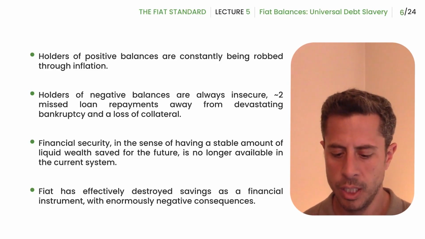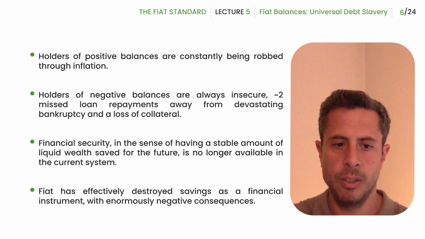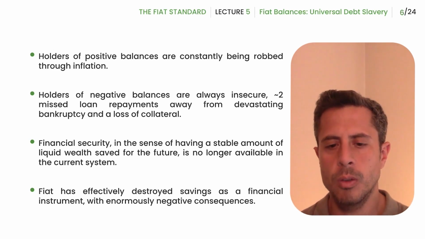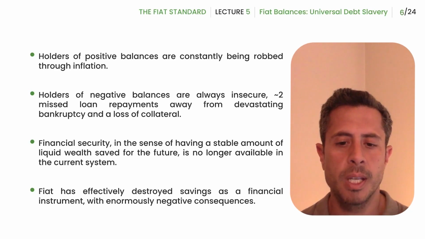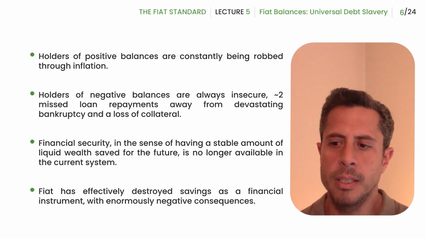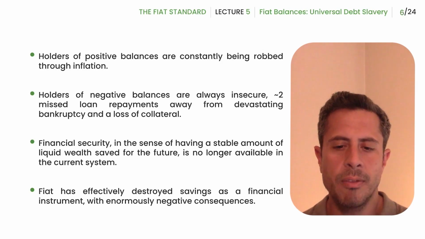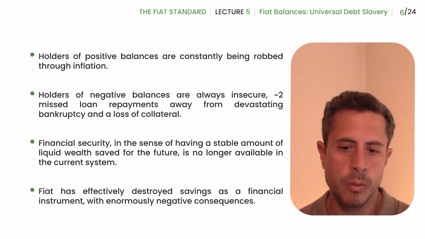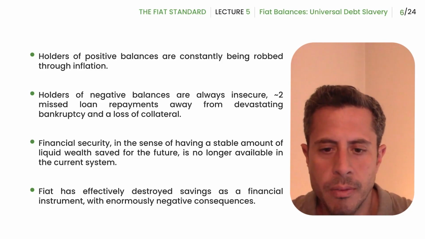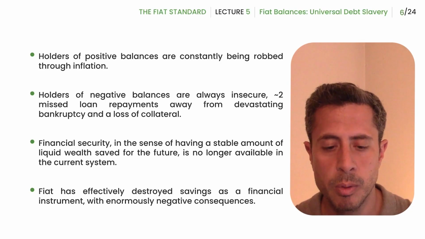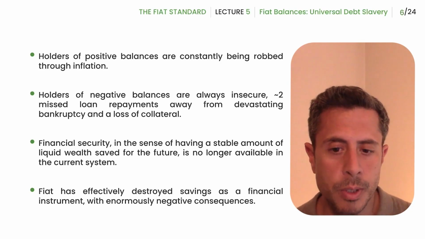If you save with fiat, based on the track record of the last 60 years, you expect your money to be devalued by 50% in 5 years. So if you work for 10 years, you're going to lose half of those 10 years that you've worked for in 5 years' time. So if you spend half of them, the other half that's left at the end of the 5 years is going to be worth half of what it was when you first retired.